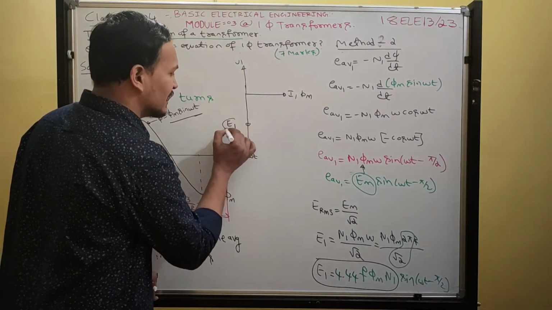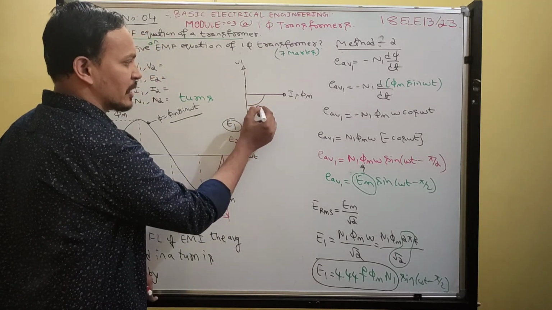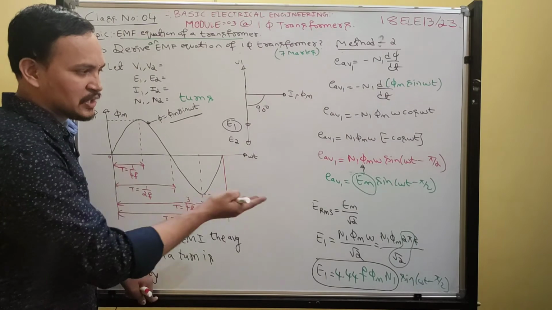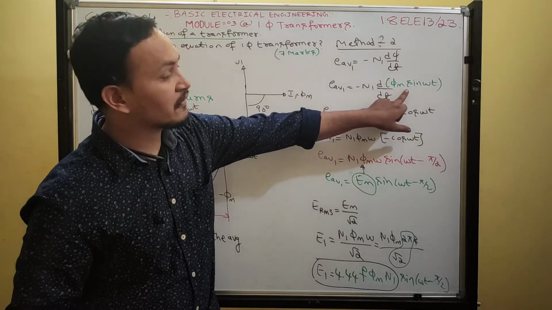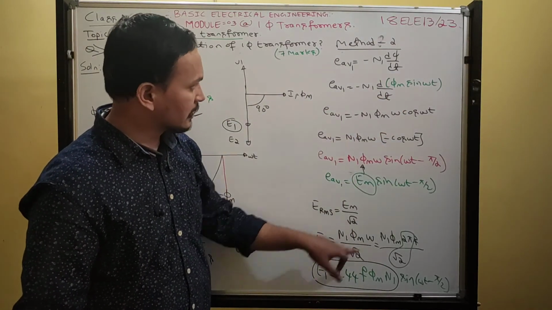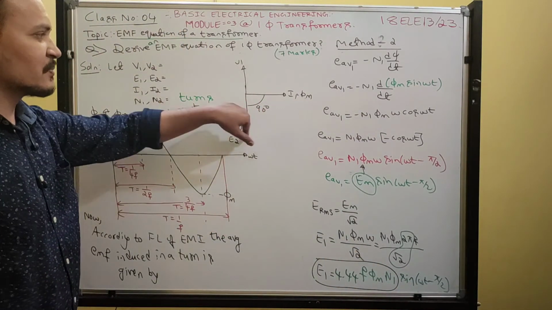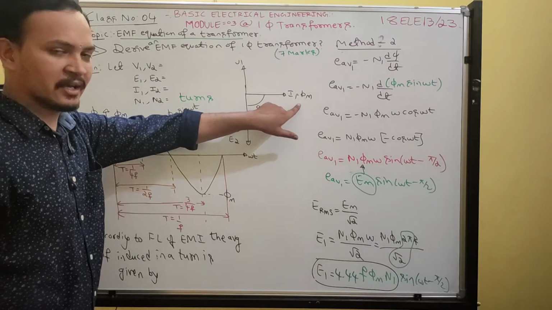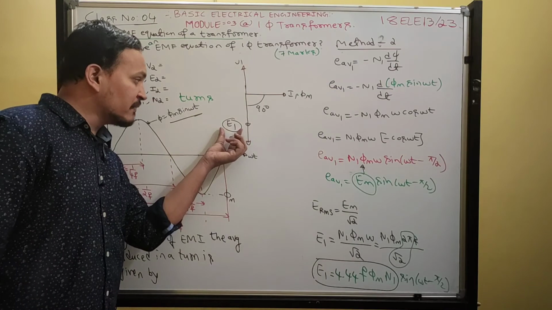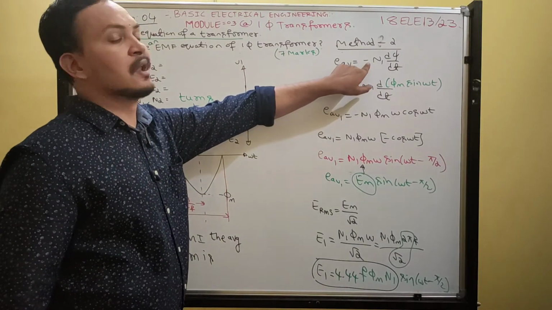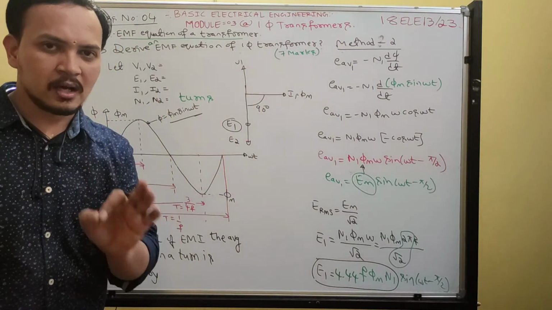Now, in the E1 equation, with respect to flux, E1 is lagging by how many degrees? 90 degrees. That is what we got here. E1 lags. What is the reference we have taken? Flux. Induced voltage lags the flux by how many degrees? 90 degrees. Got it? If E1 lags flux by 90 degrees, obviously this voltage opposes the applied voltage. This E1 opposition indicates Lenz's law. Minus indicates Lenz's law. You will get induced voltage according to Lenz's law only.